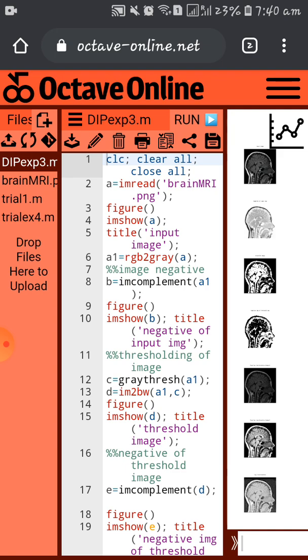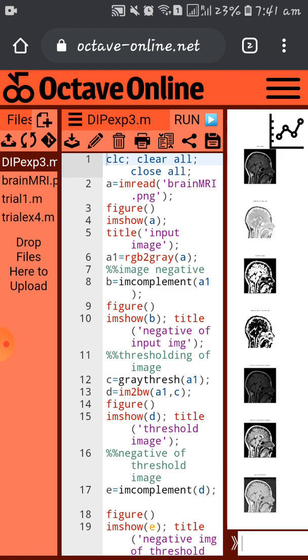So you can see the first image, what is our first image? You are trying to plot the input image, that is the grayscale image. So the grayscale image is plotted as image 1, and then its negative. Third image is your threshold image. The threshold image takes the average pixel intensity and gives us a black and white image based on the gray threshold. And the fourth image is the negative of the gray threshold image.